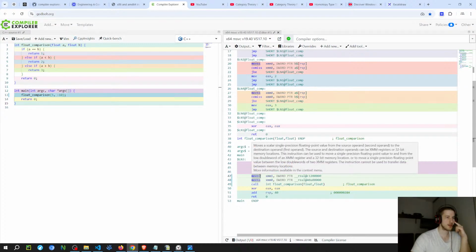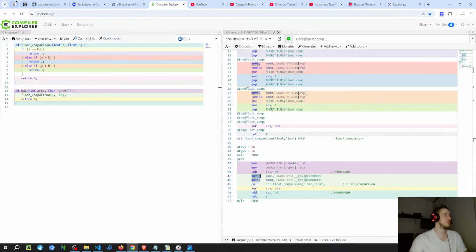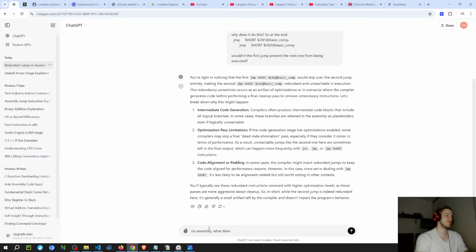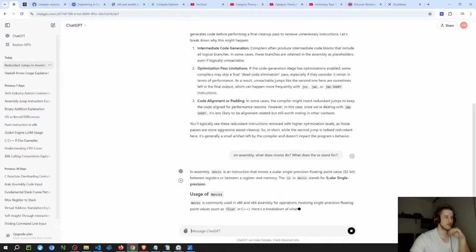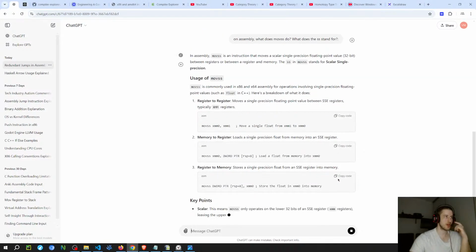So I think that SS stands for sign extend. Maybe not. Scalar single precision.